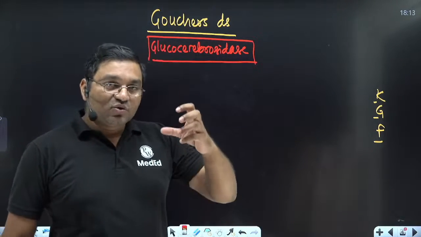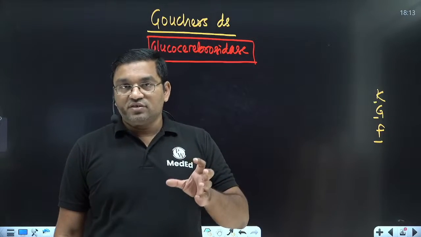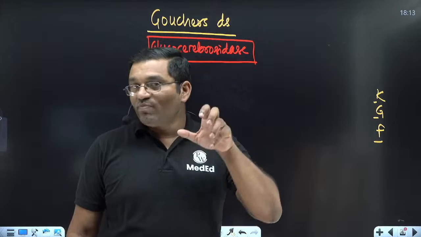Glucocerebrosides, these glycolipids, are a principal component of the plasma membrane,